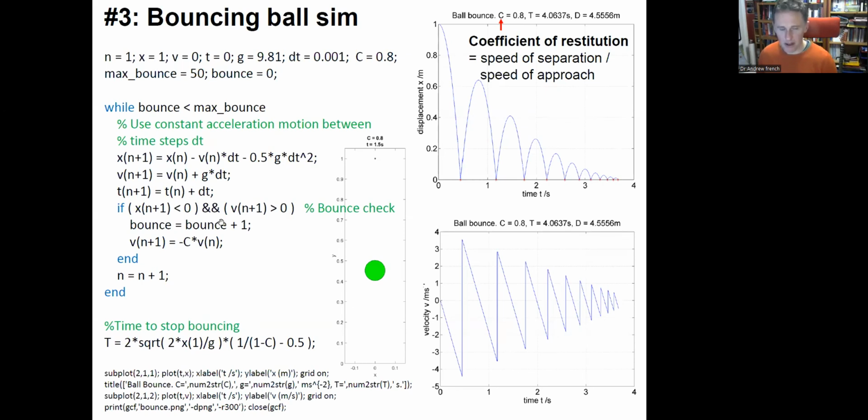I'll add 1 to my bounce number, and then I'm going to change my velocity to be the negative version. I'm going to flip the sign and multiply it by my coefficient of restitution. So if it hits the floor at 10 meters per second, once it's bounced, it will go up at 8 meters per second, but going up rather than down.